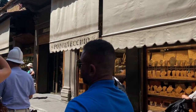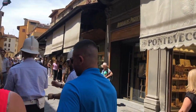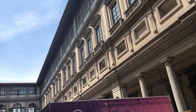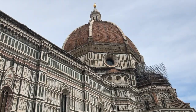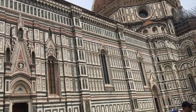We're doing a tour first, and then we're going to the day parking at the point of entry. All the shops. We are going in the church, but we're not going to